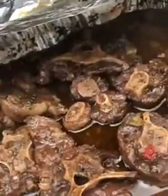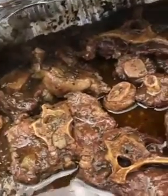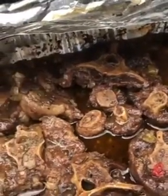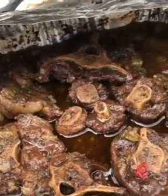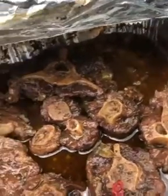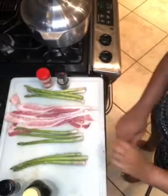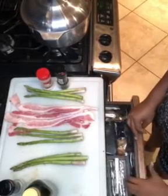All right, I've been letting these smoke for like 2 hours because of the rain, but you can check on them. I've been checking on them and stirring them. So here's the situation. I'm going to let them go a little bit longer because I want them a little more tender. All right, my oxtails are almost done, so I'm going to do some bacon-wrapped asparagus